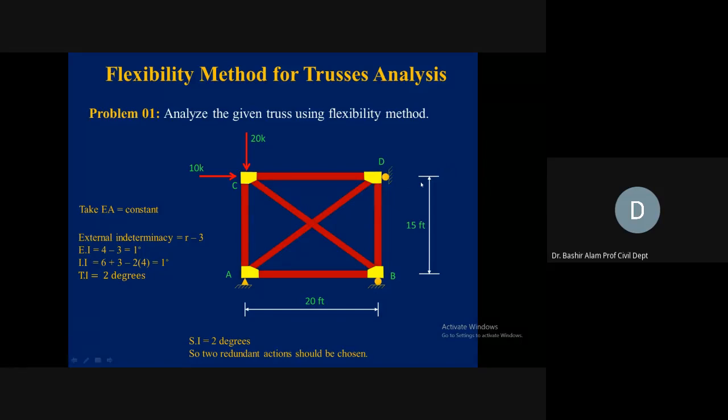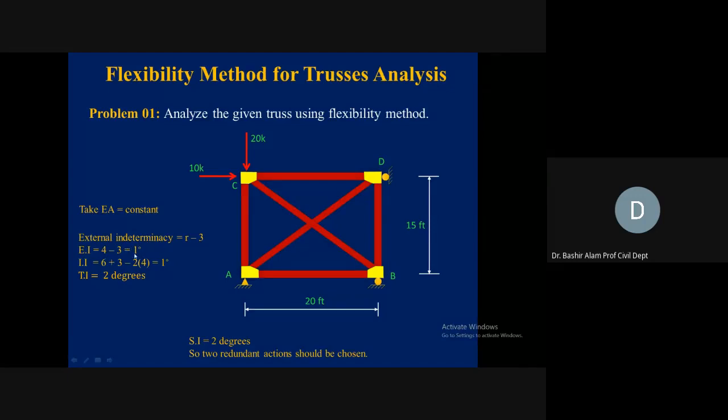Now, finding out the external indeterminacy, how many reactions do we have? Two at A, one at B, and one at D. So for unknowns, we have three equations available for the whole structure. So R minus 3 will give you 4 minus 3. It means it is